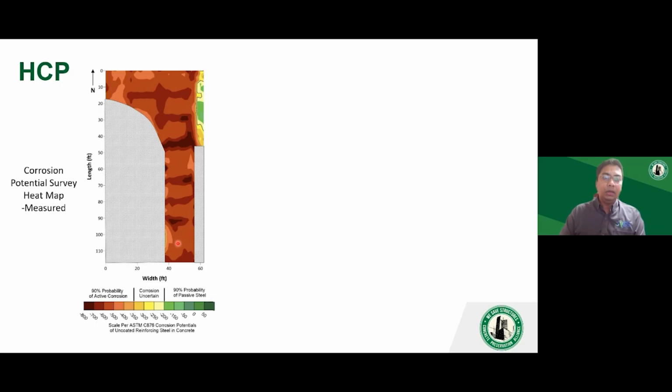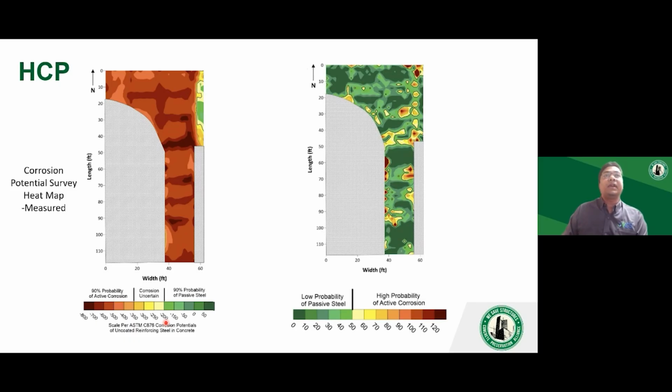So when you are measuring the corrosion potential, you are measuring the corrosion potential of steel and the zinc. So you're measuring mixed potentials. So really, in that case, this scale is not really relevant. In that case, we employ something called delta measurements, which is effectively taking a difference between two adjoining locations. Let's say if you measure negative 300 at location 1, and negative 350 at location 2, you just take an arithmetic difference between those two locations, and this is essentially plotted on the image on the